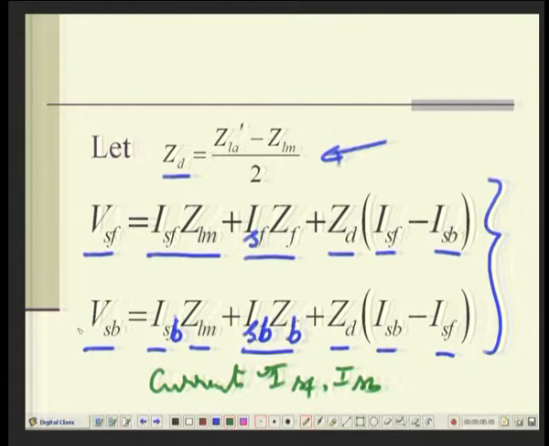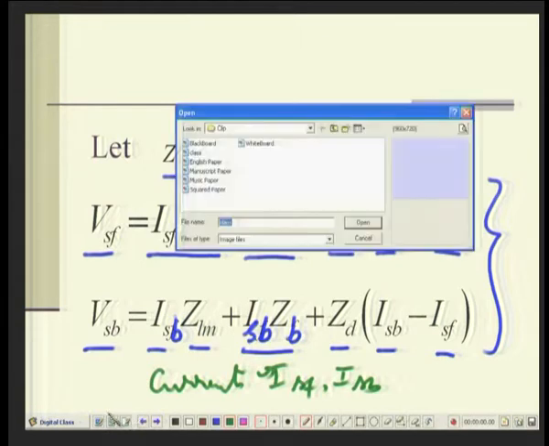So, you can easily write a circuit out of this. How does it look? You can always say I have a VSF and I have an ISF,